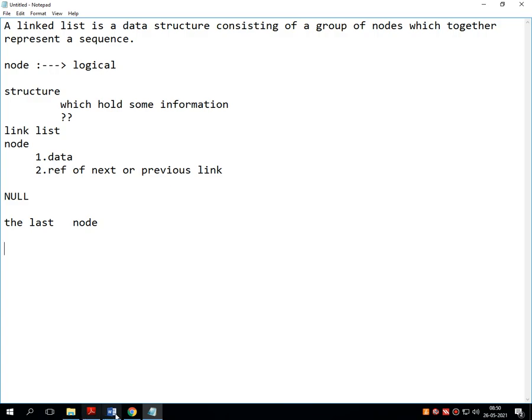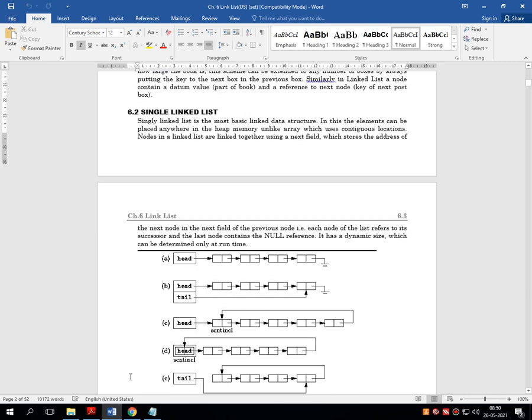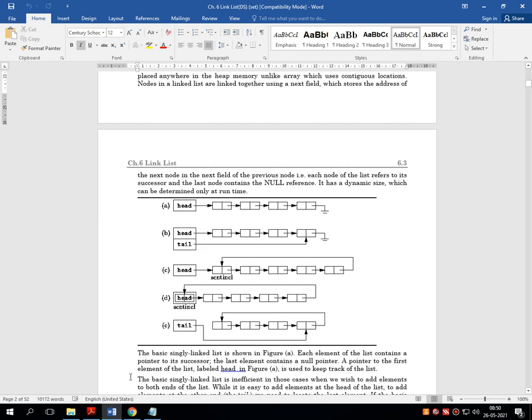Now, this was the basic idea of the single linked list.